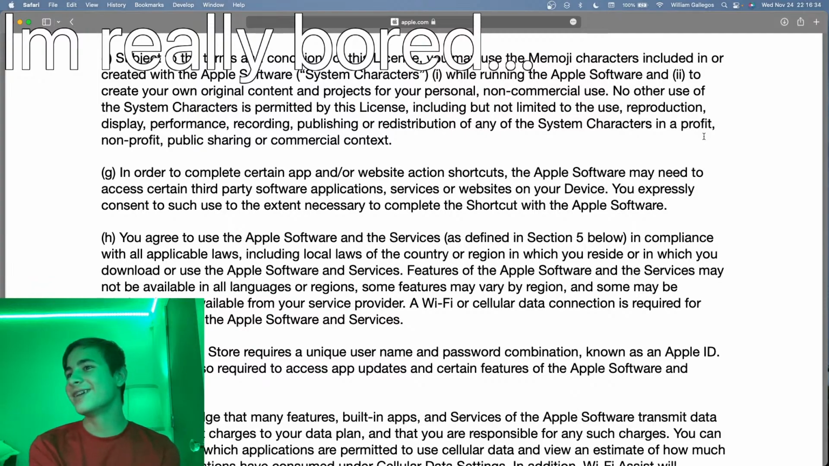In order to complete certain app and or website action shortcuts, the Apple software may need to access certain third-party software applications, services, or websites on your device. You expressly consent to such use to the extent necessary to complete the shortcut with